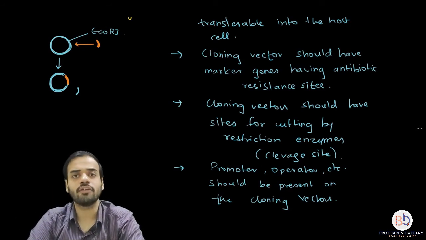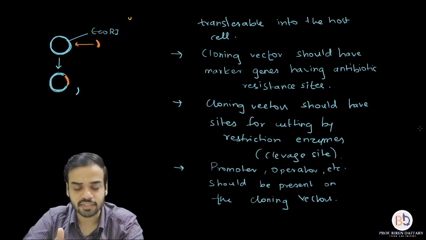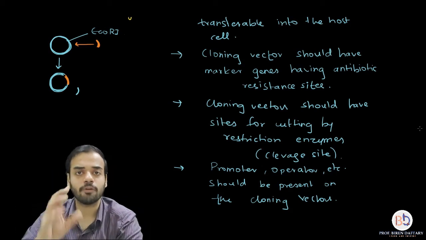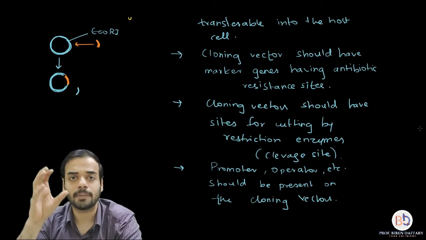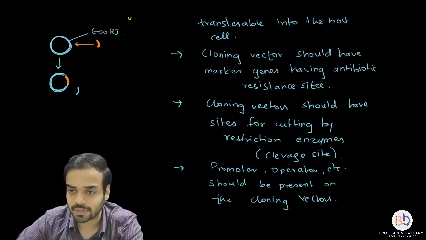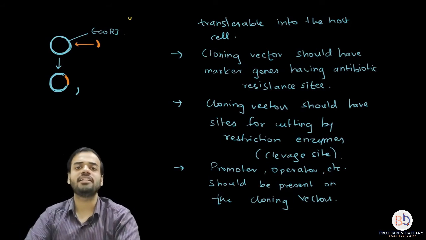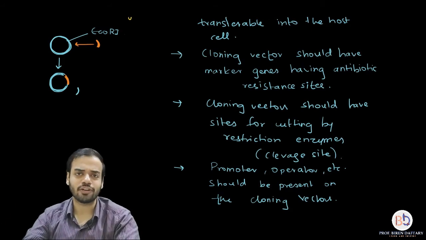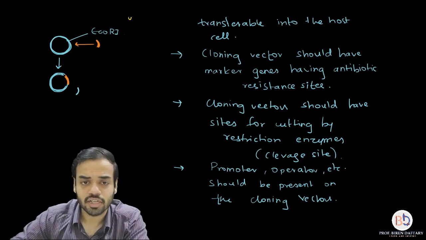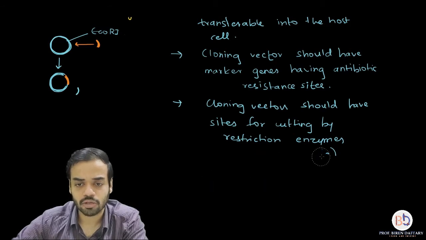So see, in cloning vectors, first of all we have seen the definition. We have seen the different examples of cloning vectors, and now we have seen the properties. Now the next thing is we are going to study a type of cloning vector which is called a plasmid. That is the only type of cloning vector which the book has explained. So we are going to study that. If possible, I will try to make additional videos on cosmids, bacteriophage, phagemids, etc. if time permits, but that is not in the syllabus. Okay, so what I'm going to do is rub this off. The next part is about plasmids.